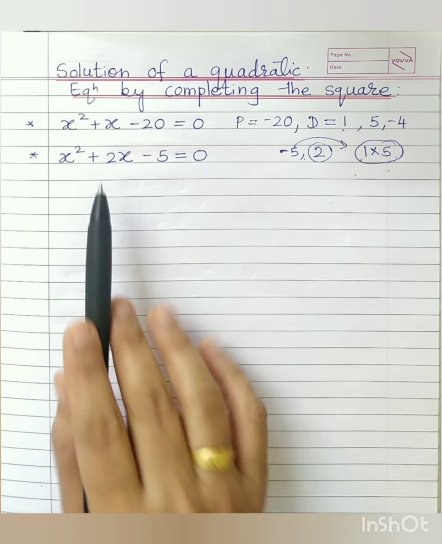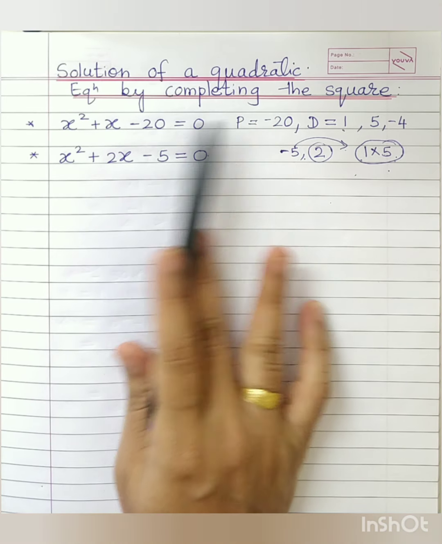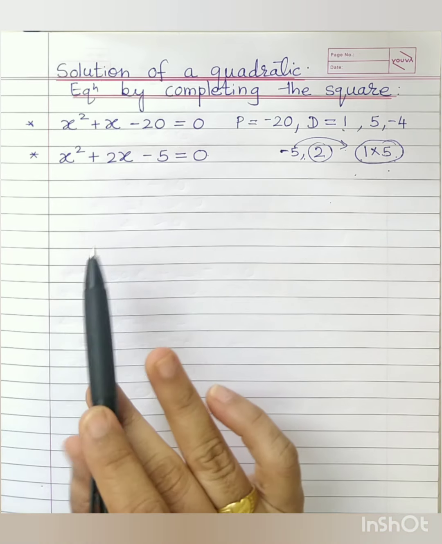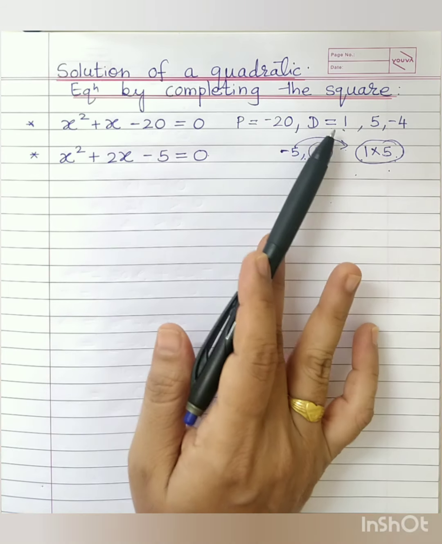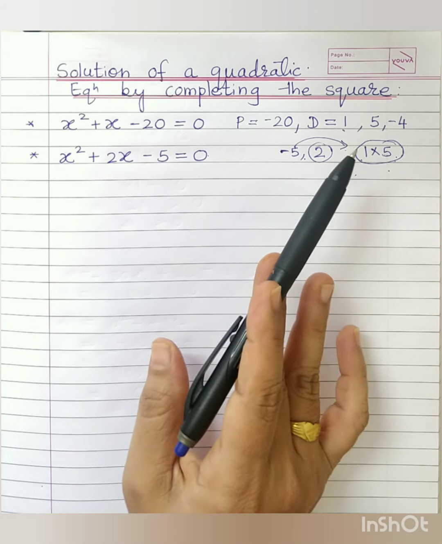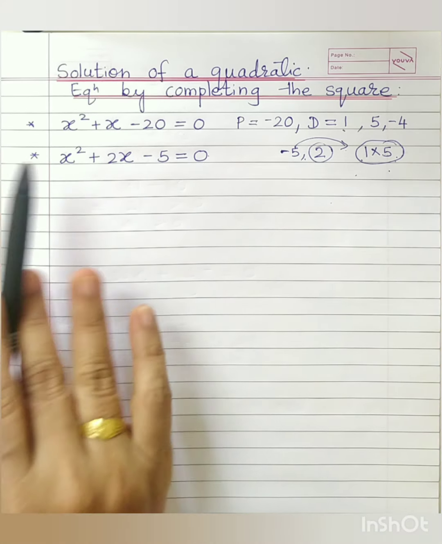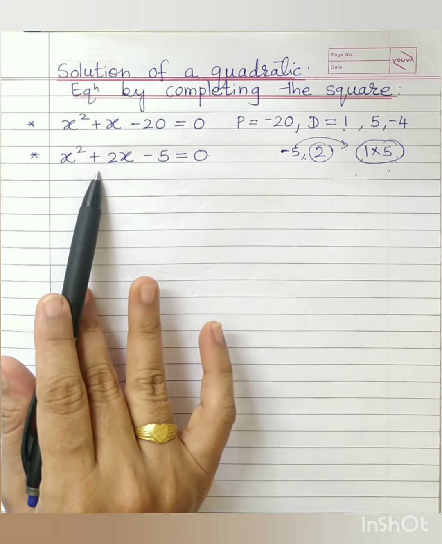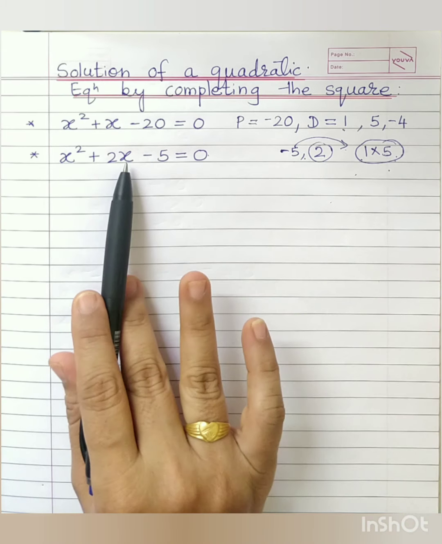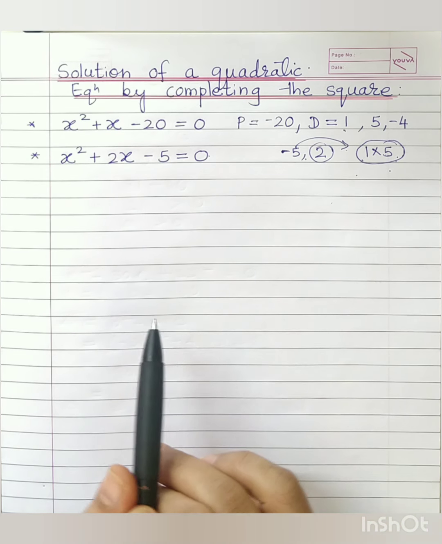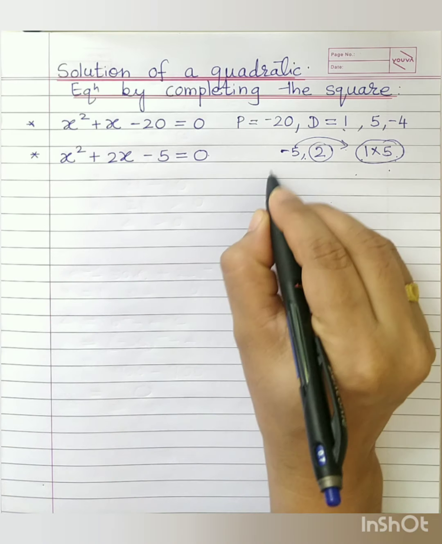So to solve these kinds of equations, we use two methods. Out of that, one is completing the square, and by applying this completing the square to the standard form, we can directly get the formula. So in the next part we shall study that also. Right now let us see how to solve this equation, which cannot be solved by factorization easily, by the completing the square method. Completing the square method basically works on the perfect square trinomial.